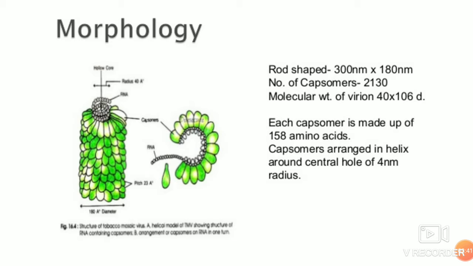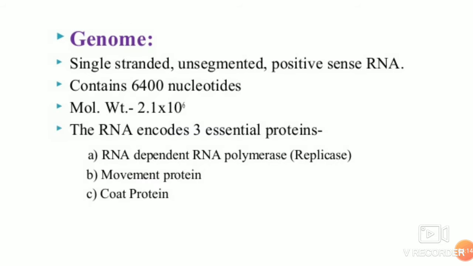Okay, the genome of the tobacco mosaic virus is 6400 bases long. It's a single-stranded RNA. The 3' terminus has a tRNA-like structure, and the 5' terminus has a methylated nucleotide cap, that is 7-methyl guanosine triphosphate. The genome encodes four open reading frames. One is the capsid protein, another is the movement protein, and